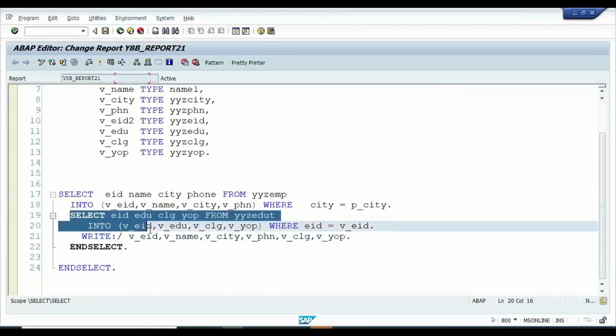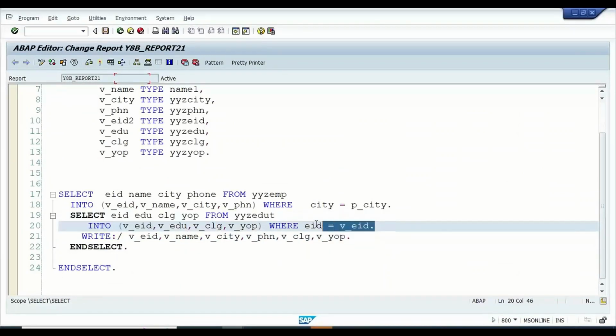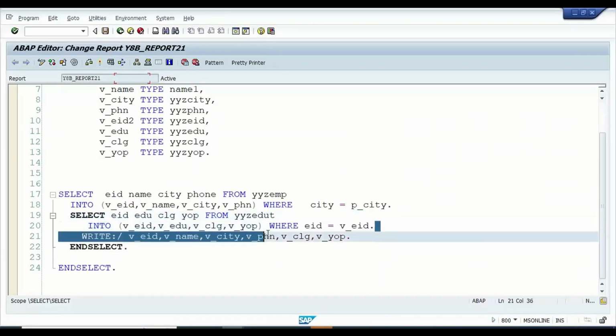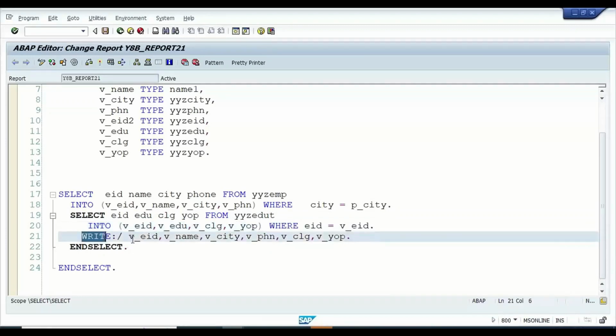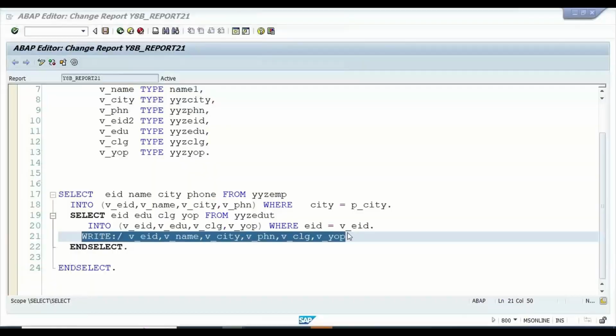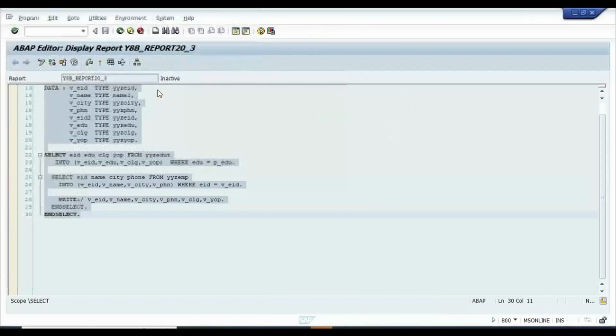The select won't go inside because you kept some condition here. If this condition is satisfied, then only go inside. The condition is not satisfied. For record number 2, there is no education. If there is no education, this write statement won't execute. If it is not executing, you won't get that in the output. So that's the reason, if I execute this program,